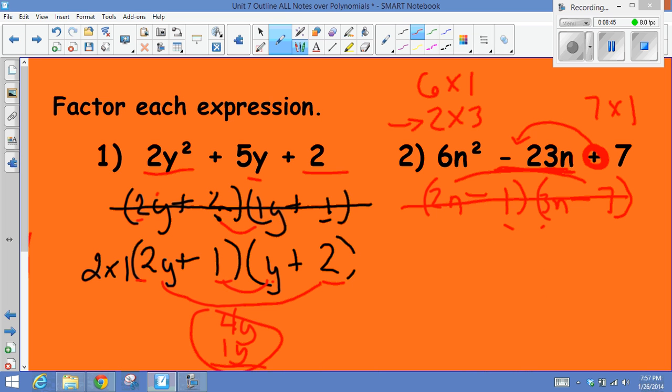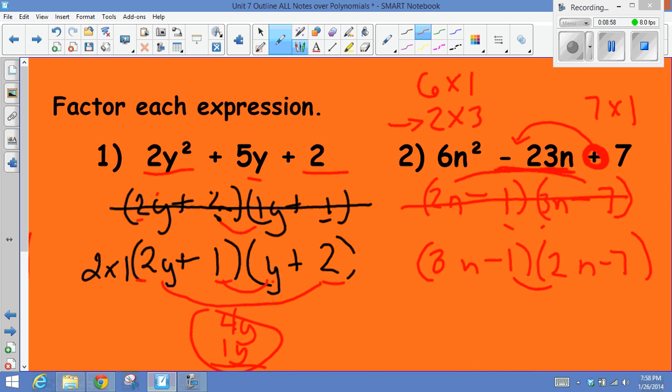Let's see. So we're going to keep our negative 1 and our negative 7 and our n and our n, but let's flip it and let's put the 3 here and the 2 here this time. So now we have negative 2, and then 7 times 3 is 21. Negative, so now I've got my negative 23 that I needed in the middle,